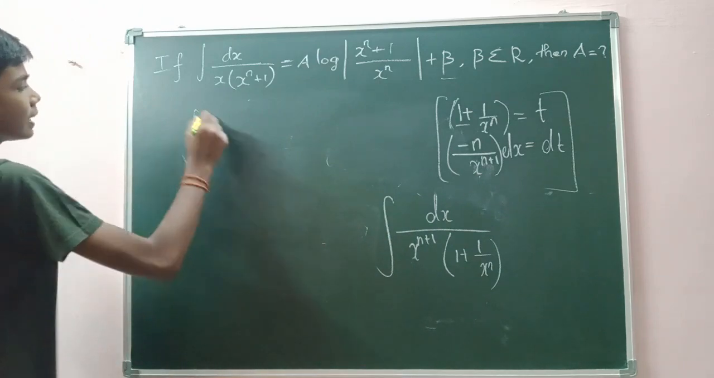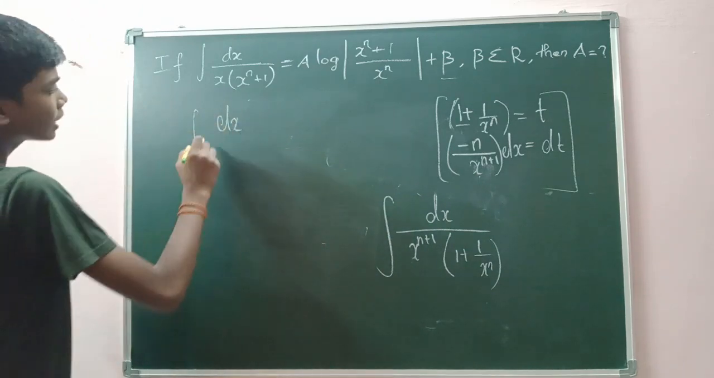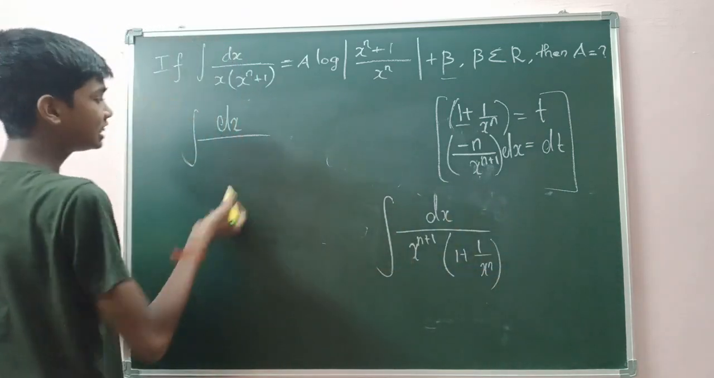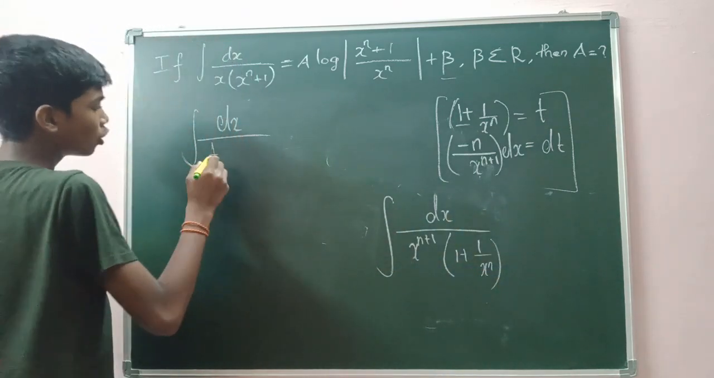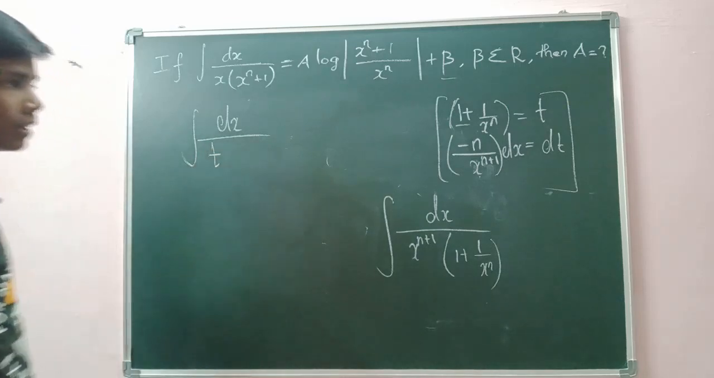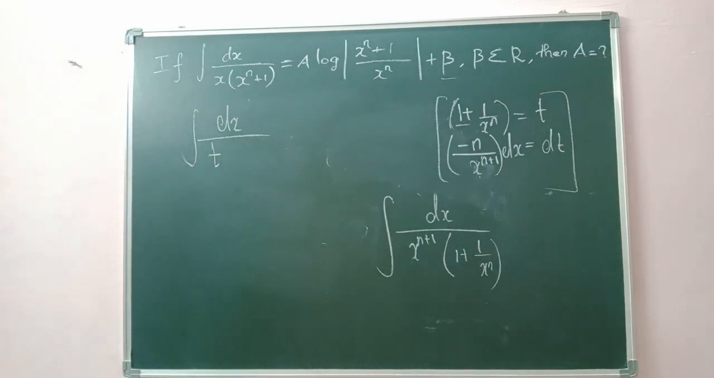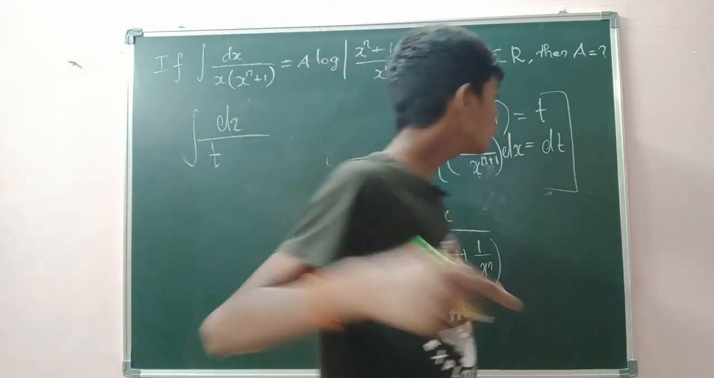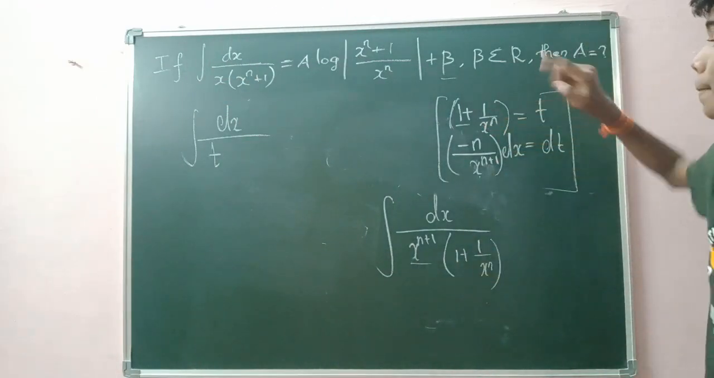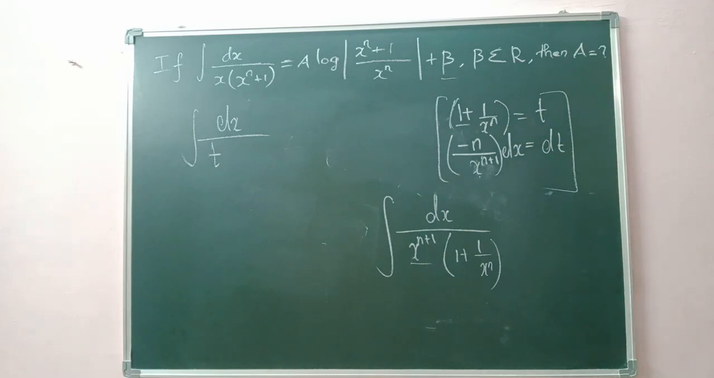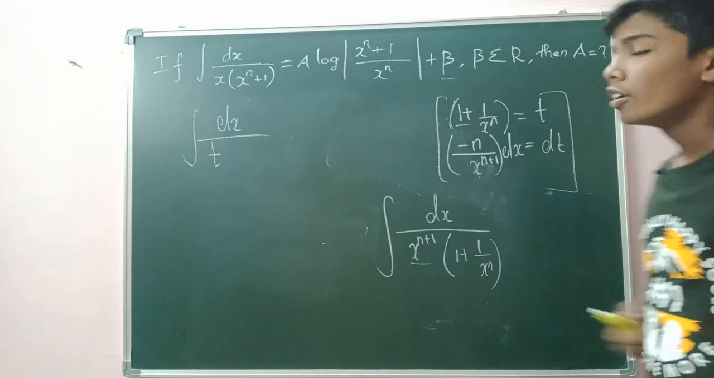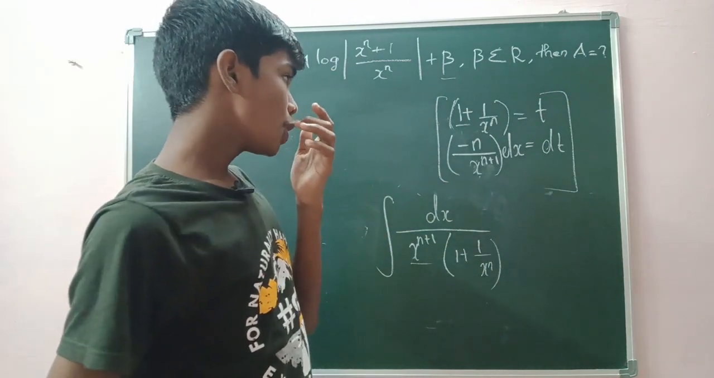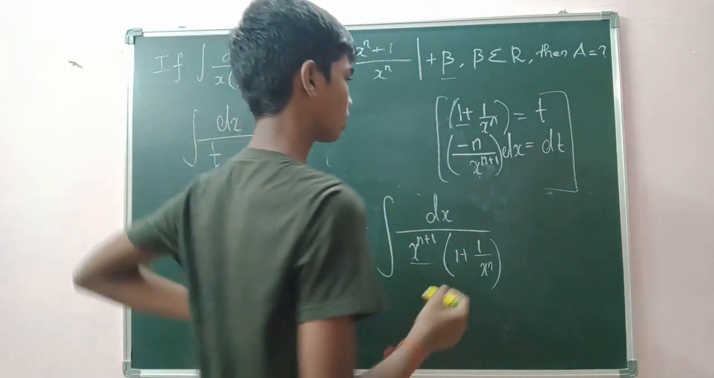Therefore the same integral I write as dx by (1 plus 1 by x^n is t) times of, listen to me very carefully. We have x^n+1 in the denominator. But we know that your dt value is nothing but minus n by x^n+1 times of dx. So therefore, if you need to get the value of x^n+1, what you are supposed to do is